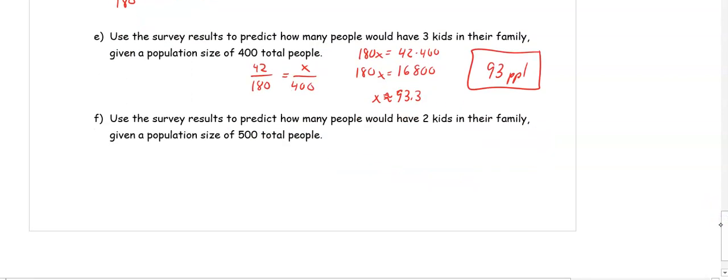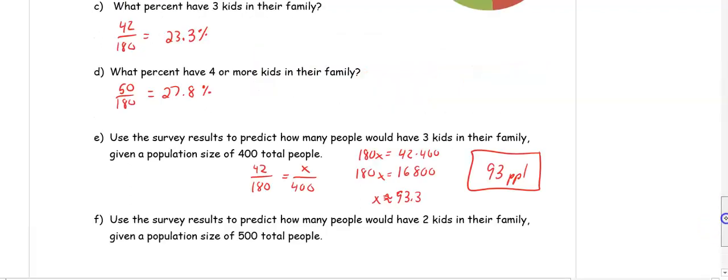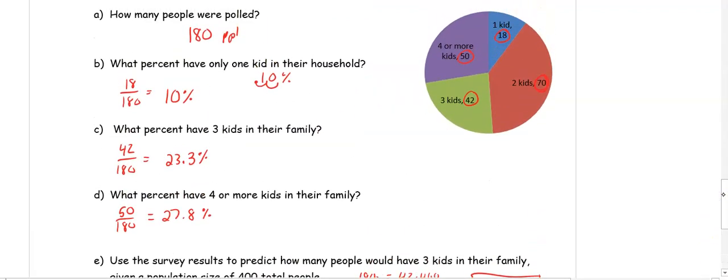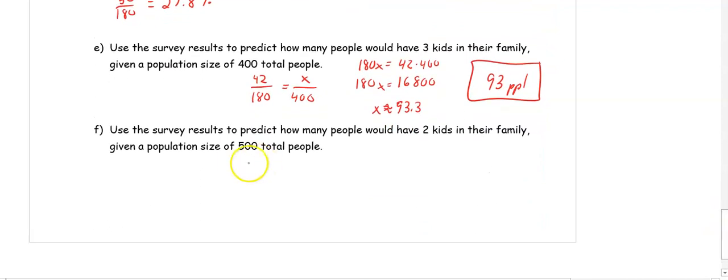Using the survey results, predict how many people would have 2 kids in their family. So if we go back up to our pie chart, we see 2 kids in the family is 70. So we have 70 over 180 equals x over 500. So we get 180x equals 70 times 500. 180x equal to 35,000. When we divide by 180,